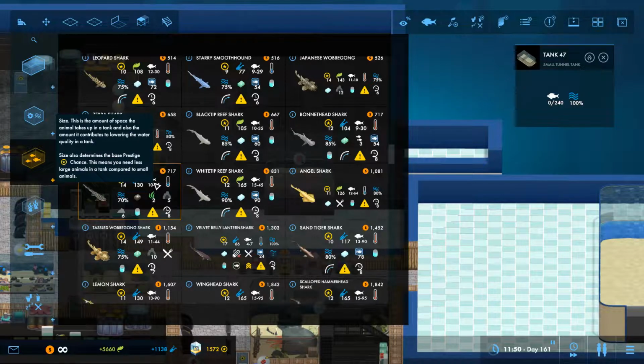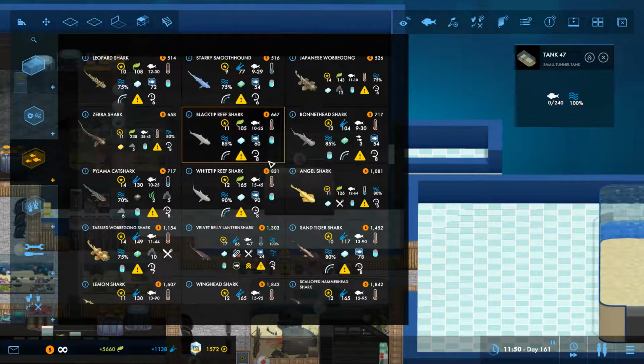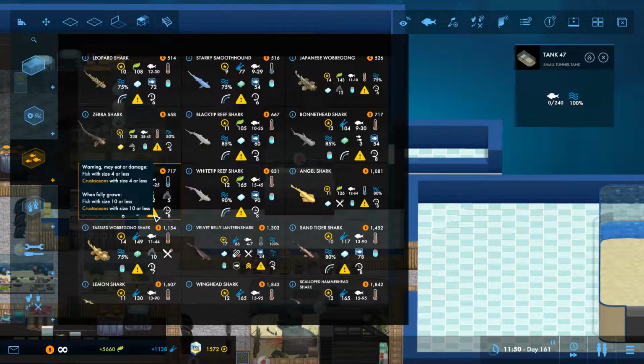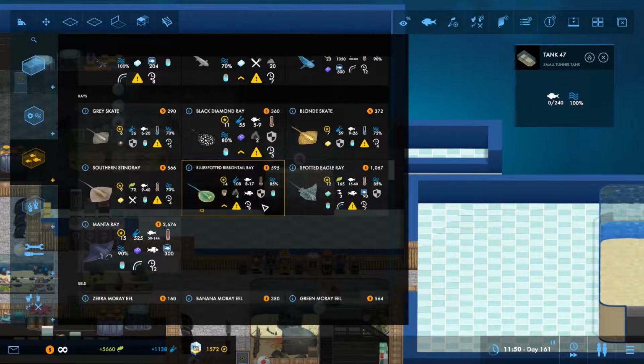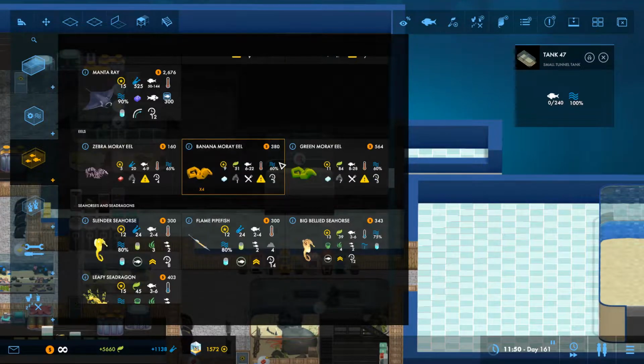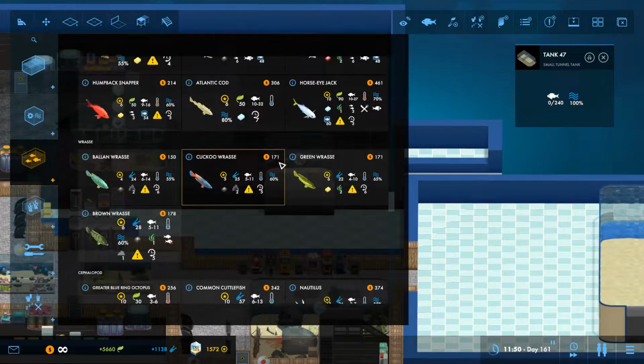So I think we'll do 2 starry smooth hounds. We'll do 2 pajama sharks, which brings us to 108. The velvet belly lantern shark. Now one of you eats fish size, so you're going to have to go somewhere else, I'm afraid, my friend, but don't worry, we'll get you in somewhere. The blonde skates we're going to leave out, and we're going to head down to our cold water fish,